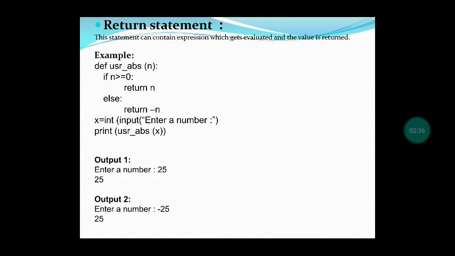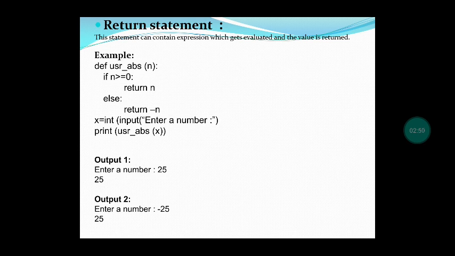Next, we will go for return statement. In each and every function, we are using the return statement. This return statement is used at the end of the function. By seeing the return statement, we can understand that the function gets over. This return statement uses the keyword return. The syntax for the return statement is return expression list. Expression list is an optional thing. If we want, we can give. Otherwise, simply return statement alone we can give.